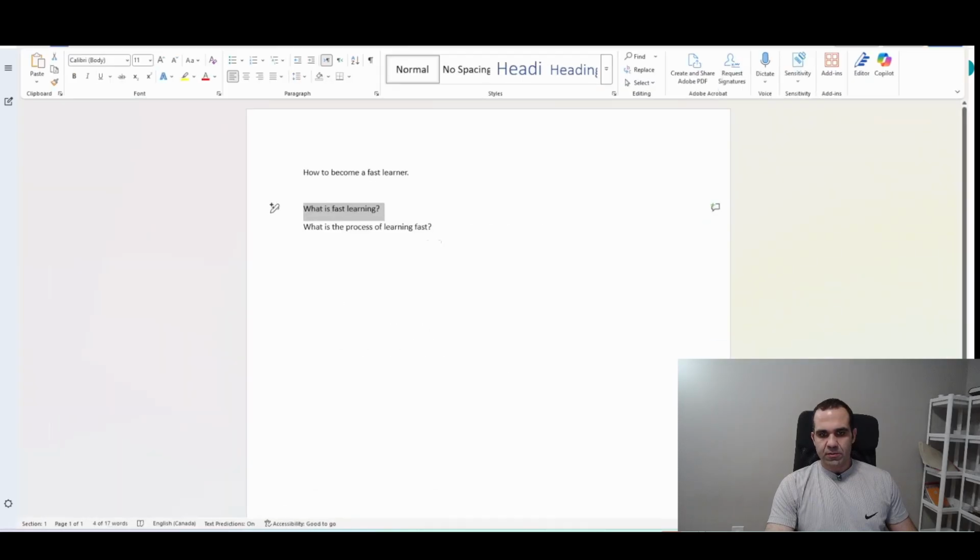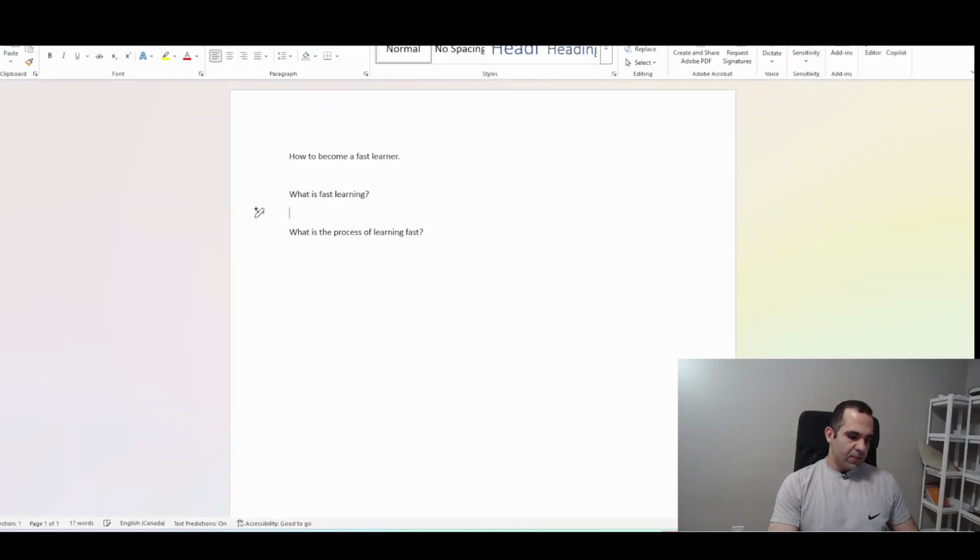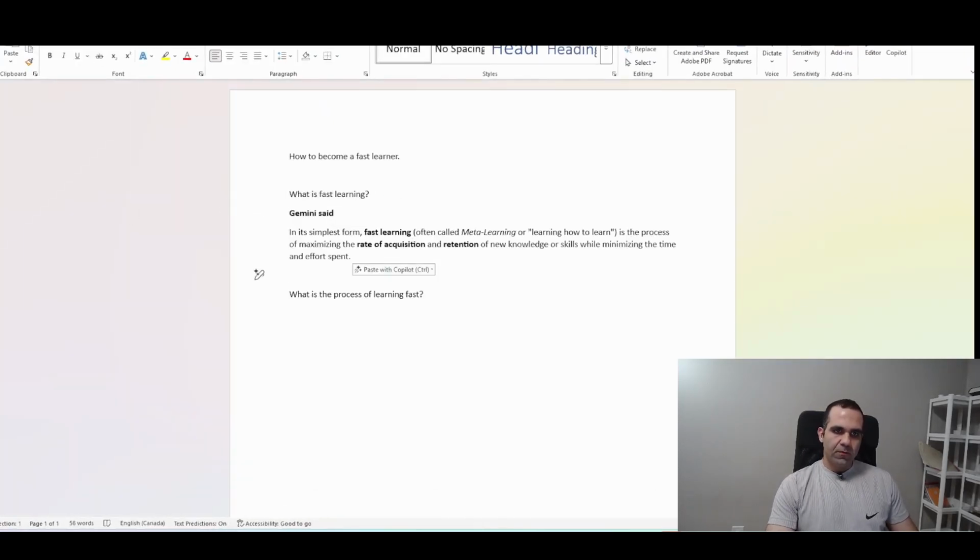Okay, but is this definition sufficient? So, what is fast learning? What do we mean by fast learning? Gemini said it is, in the simplest form,